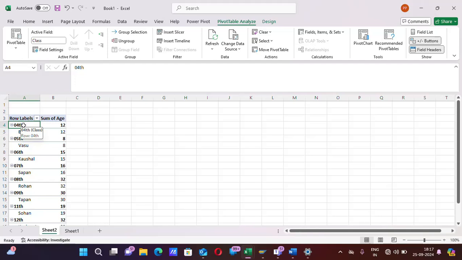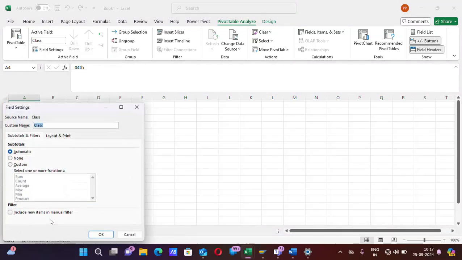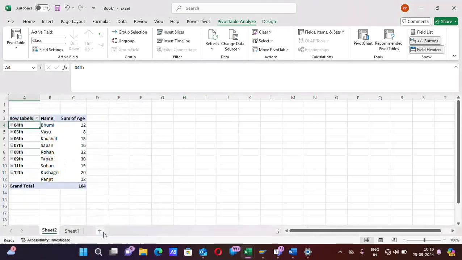Right click, go to field settings, select the layout and print option, click the tick button, and click on show item labels in tabular form. You have to select the tabular form radio button here. Okay, here you can see all the data